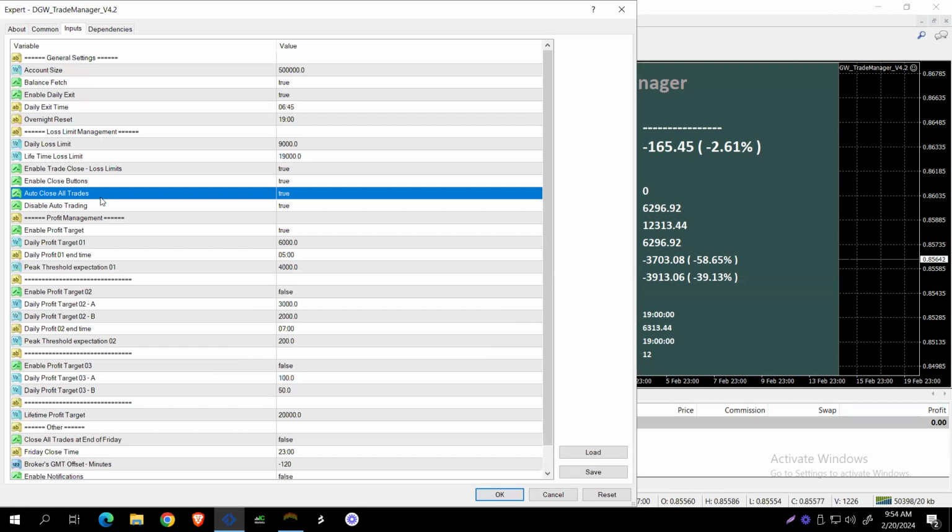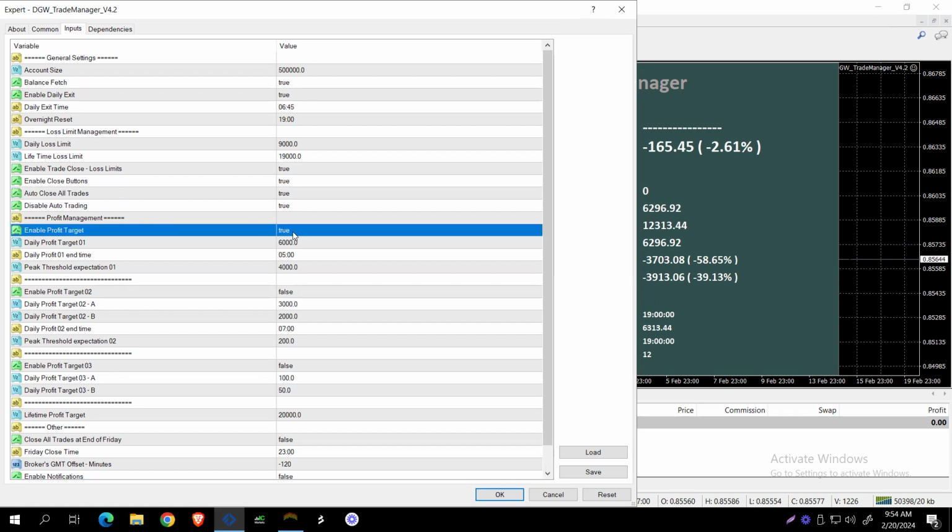So auto close all trades is set to true. Disable auto trading is set to true, meaning it can close all trades, it can disable all trades. Then profile management. Now, this profile profits